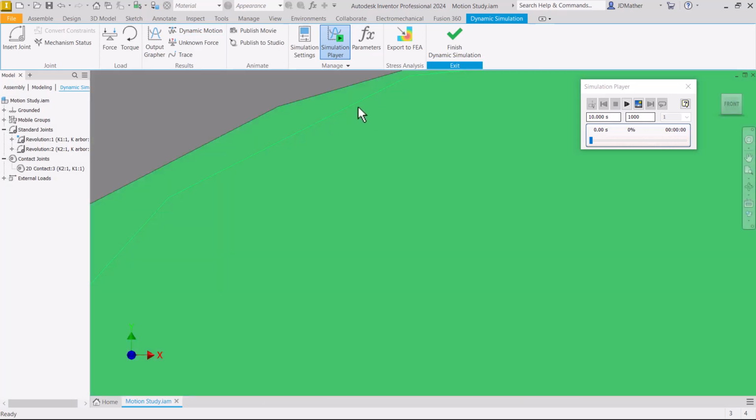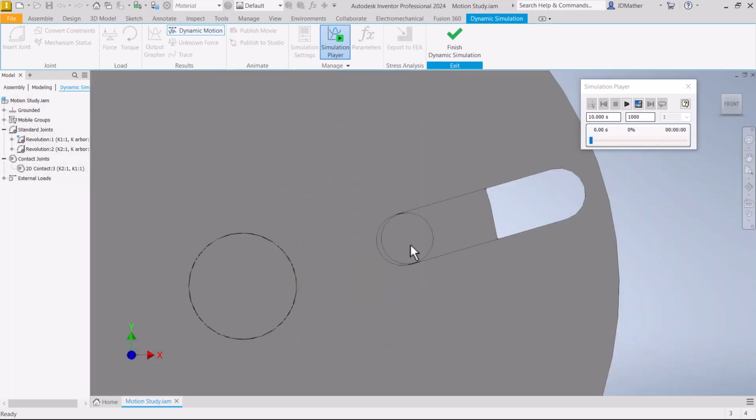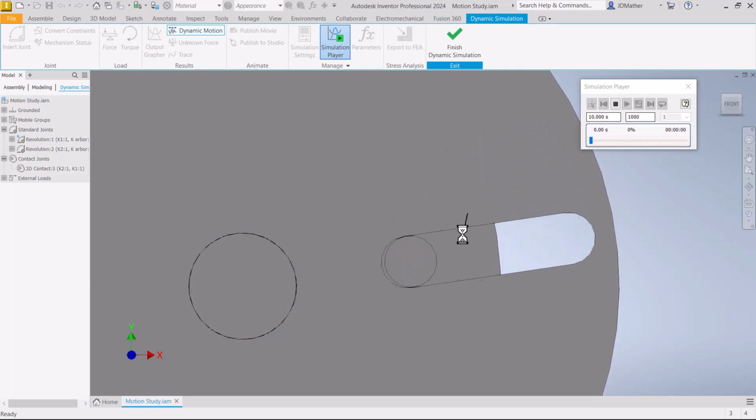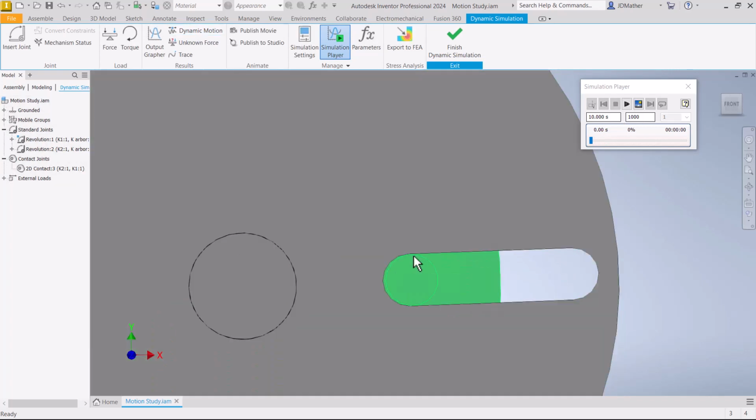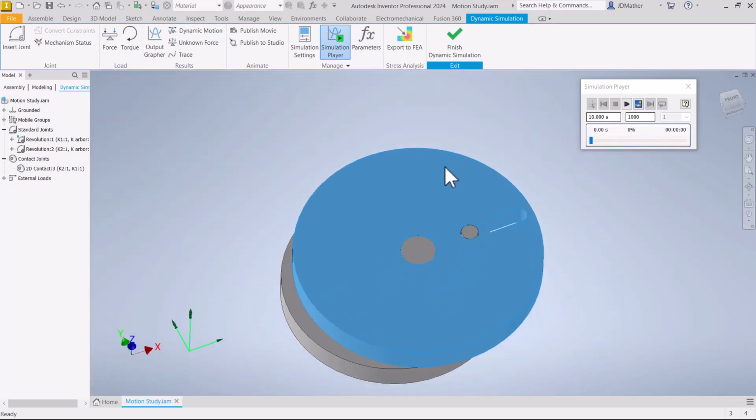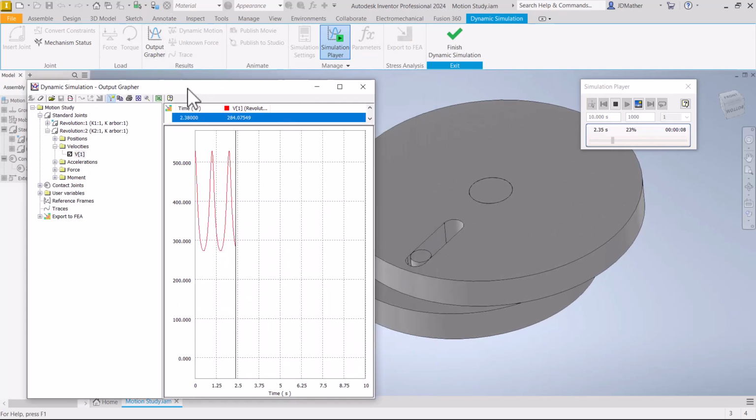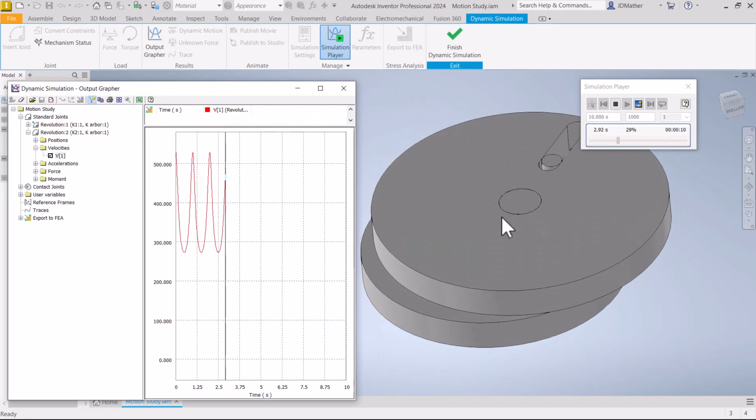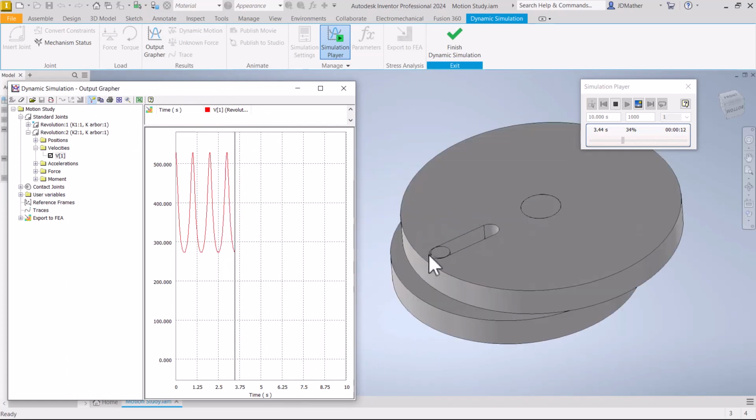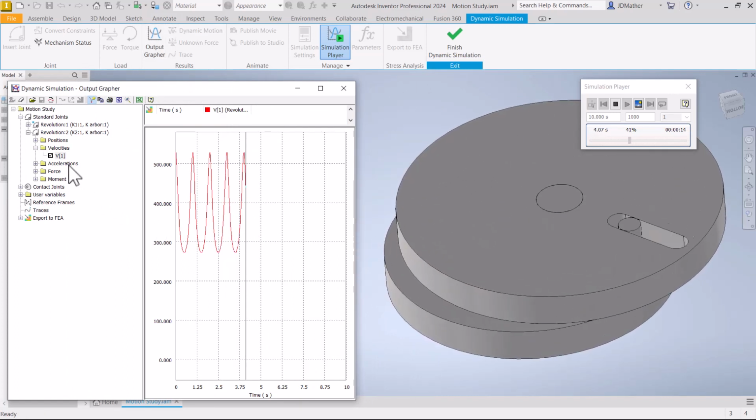Now I put a little bit of a gap in between here to make this more realistic. And well, my gap is so small that we can't see, but there's actually a little bit of noise or bouncing between those two contacting faces. So I'll go ahead and play this simulation, and I can set whether I want to go clockwise or counterclockwise, whatever direction. I'm going to go to the output grapher,